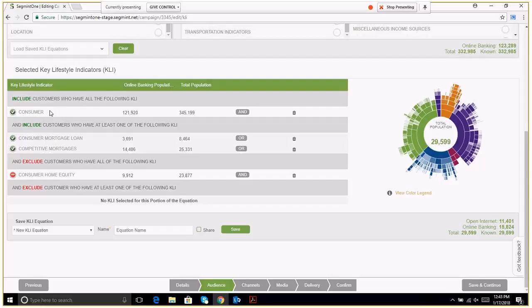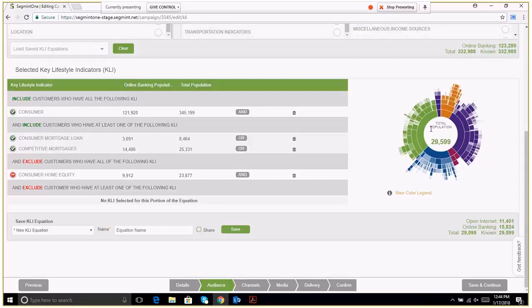As well as those who have at least one of the following KLIs, a mortgage loan or a competitive mortgage. But the platform also allows you the ability to exclude individuals. So you're excluding from this campaign individuals who currently have a home equity product with your institution. And what this does now is it lowers and gets much more strategic in targeting the individuals that make relevant sense. So at this moment, 29,599 members would be a candidate for this particular campaign, which obviously is much more rifled than the 582,000 we